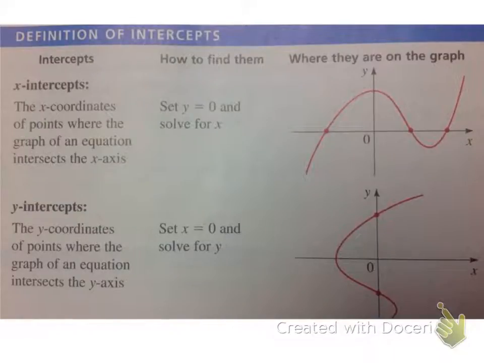Precalc 1.8 day 2, we're going to start off with the definition of intercepts. You guys know what these are, but to be an x-intercept or a y-intercept means to cross the x or y axis. And so we can see that if I wanted to find x-intercepts, I have to set the y equal to 0 and then solve for x, which basically says, hey, I'm going to cross here, here,